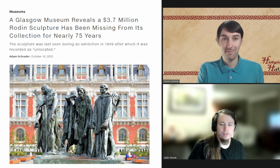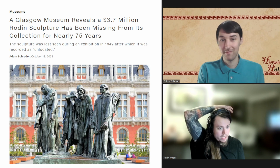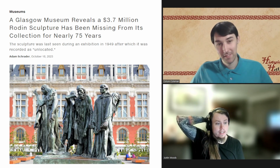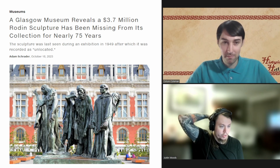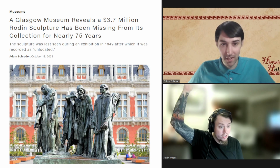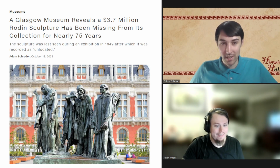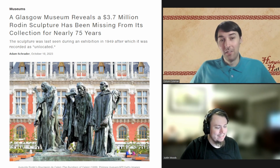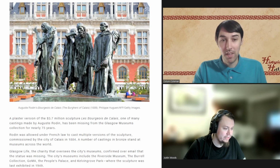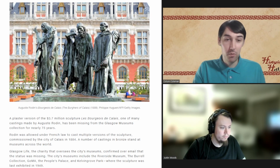And today we are talking about a Glasgow museum, so not the British Museum this time, that reveals it's missing a $3.7 million Rodin sculpture. It's been gone for the past 75 years or so, which is the last known recorded instance of them having it. So it is the plaster cast copy of Auguste Rodin's Le Bourgeois de